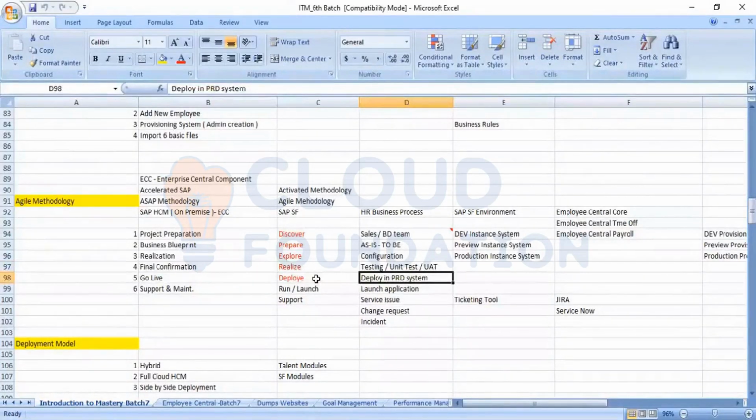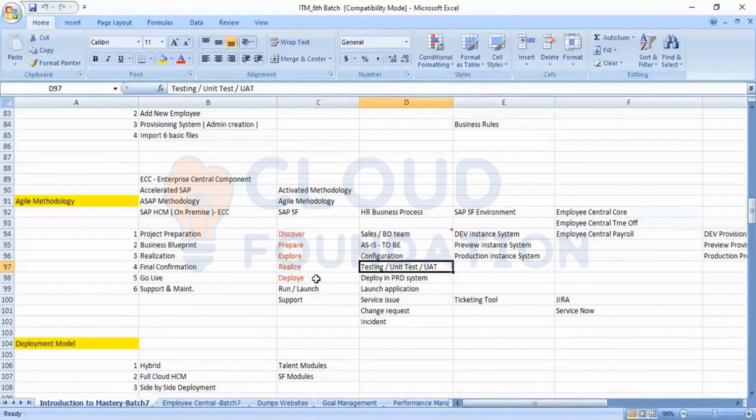For moving the configuration from the test environment to the production environment, we'll be using certain tools, that is the instance refresh tool, and we have certain tools that I will be elaborating on in the coming sessions. If time permits, I will cover it in this session itself. There are certain tools for moving the configuration from one environment to another when we are confirmed that the UAT testing is successful. That is in the realize phase.